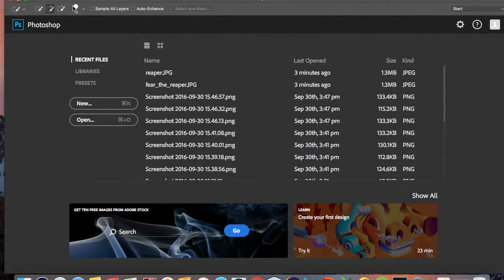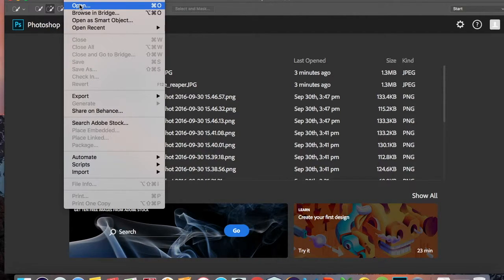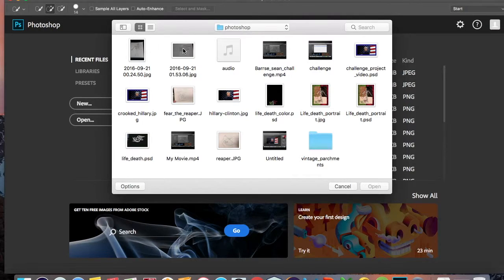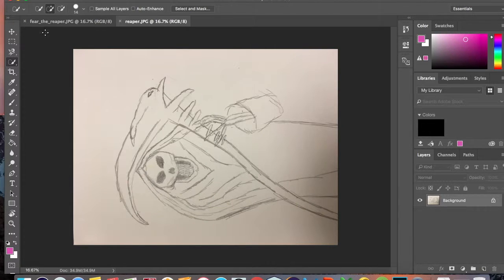Hello everyone, here doing challenge number 2, so let's jump right into it and open up our picture files. And go to open, click on my first one, which is Fear the Reaper, and then hold shift and click on my second, and then click open. And I'll open both of them up separately